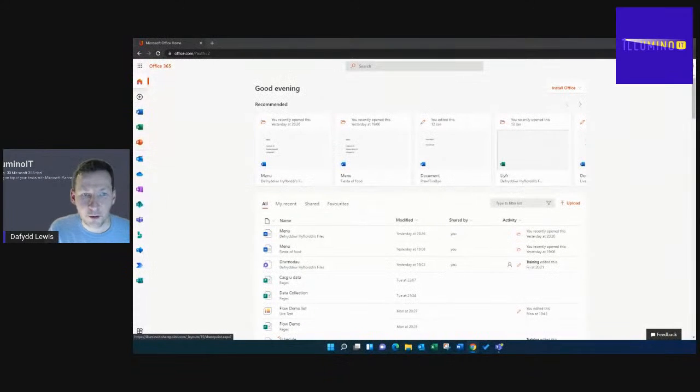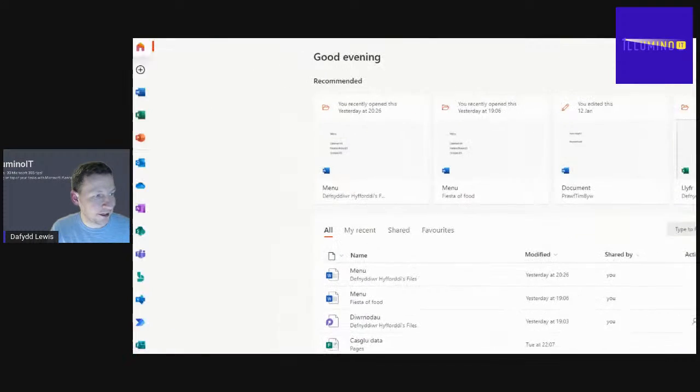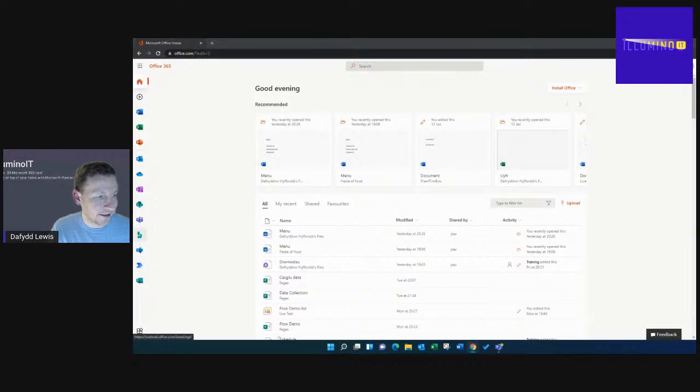Here we go. So this is our Microsoft 365 portal here, as you should be accustomed to now, especially if you've watched this series up until now. So we generally start from here, from the Microsoft 365 portal. And if you have a look down here on the left-hand side, I can't see an icon for a Microsoft